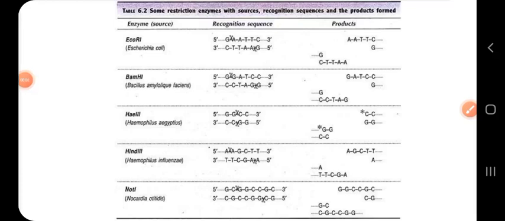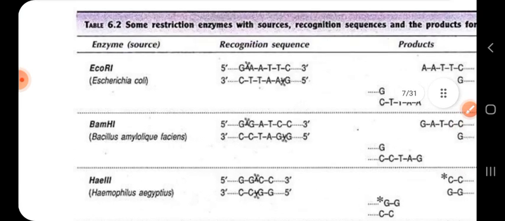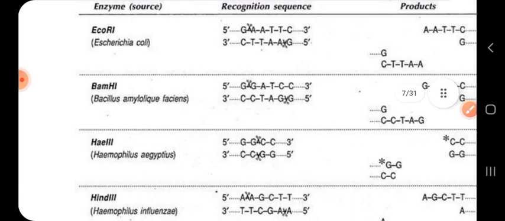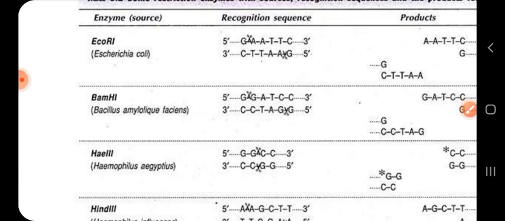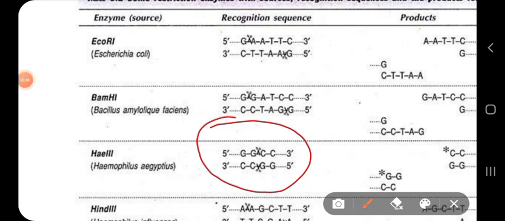So we were discussing the tools and techniques of recombinant DNA technology, and the first thing I was discussing was the restriction enzymes. Now, if you see it carefully, there are some restriction enzymes which cut both the strands of a DNA molecule at the same site. So the resulting end will be a blunt end or flush end. You can see here a blunt end cut has been produced.